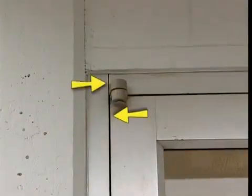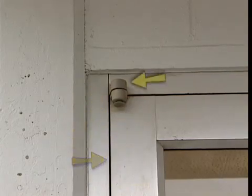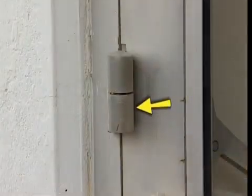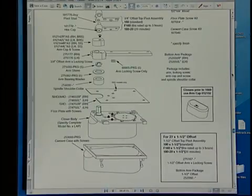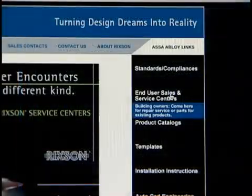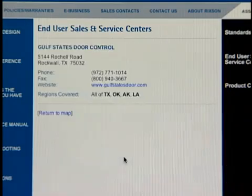Make sure the reinforcement plates of metal doors and frames are still secure. A loose knuckle on the top or intermediate pivot indicates a problem. Check the Rixson catalog to identify the needed replacement parts. Click on End User Sales and Service on the Rixson website to find a repair center stocking a wide range